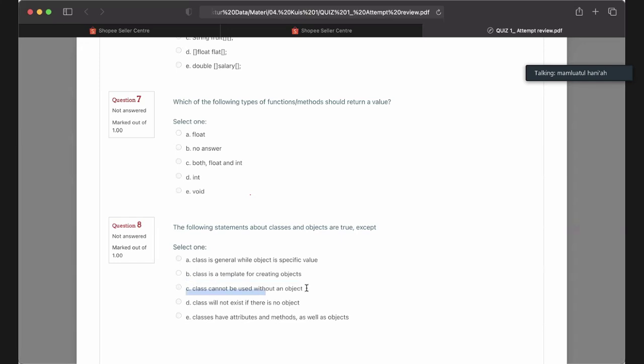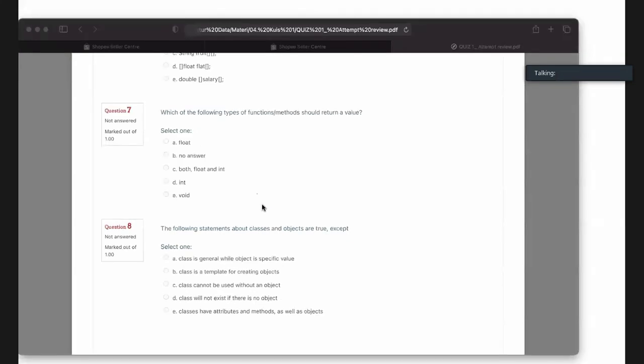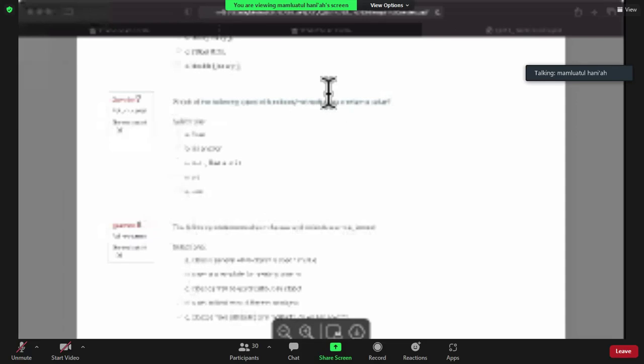Class cannot be used without an object: you need to create object first before using the class. Class has attributes and methods as well as object. So the answer is D. Okay, we have plus 4, Kafilah.